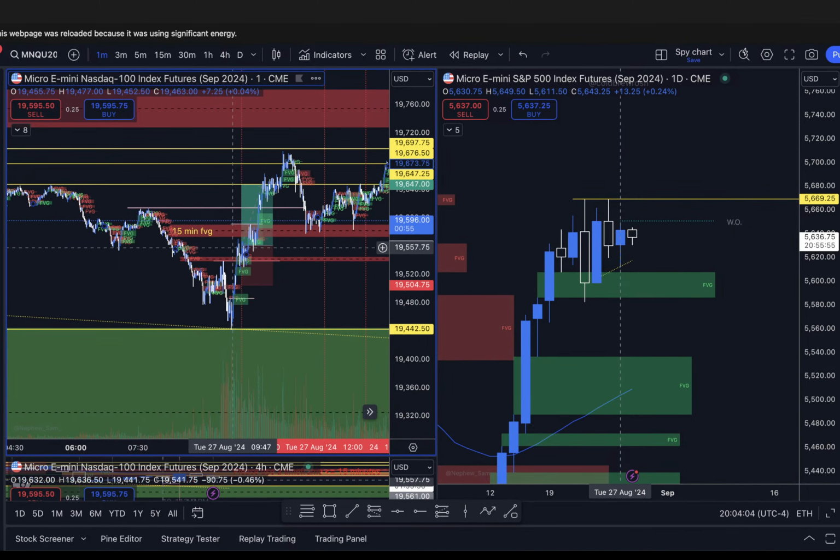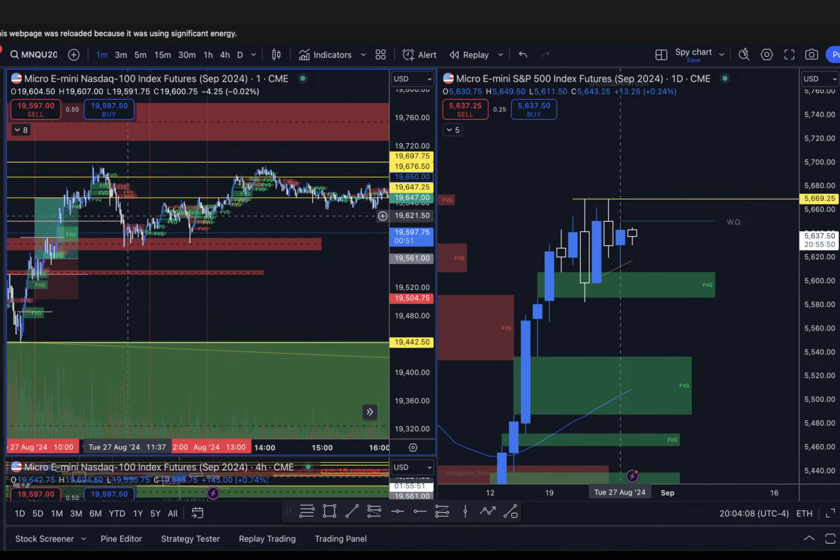Obviously, I got in halfway, so I took it a little further. But yeah, great trade. It did reverse from there. I saw someone take this on live too. It reversed a little bit, not fully, but our 10 a.m. trade was the trade of the day, power of 3.